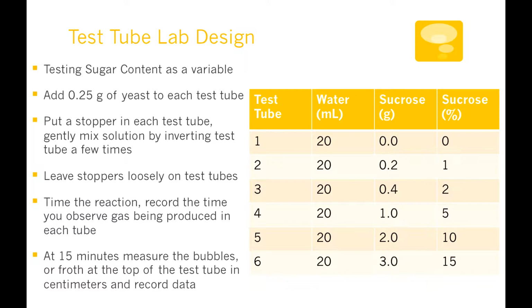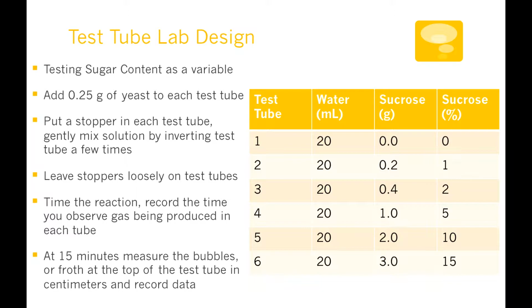put a stopper in the test tube, gently mix the solution by inverting it a few times, turning the test tube upside down and back up. Leave the stoppers loosely on the test tubes, and then time the reaction. Record the time you observe gas being produced in each test tube. At 15 minutes, measure the bubbles using a ruler or froth at the top of the test tube in centimeters and record that